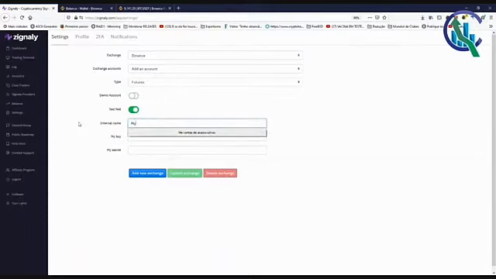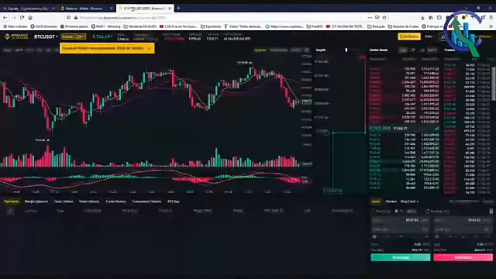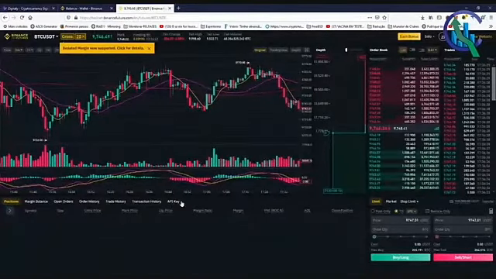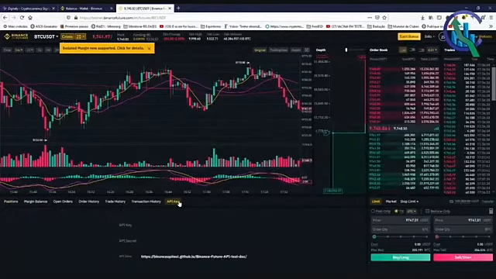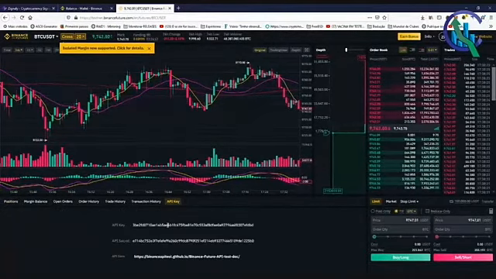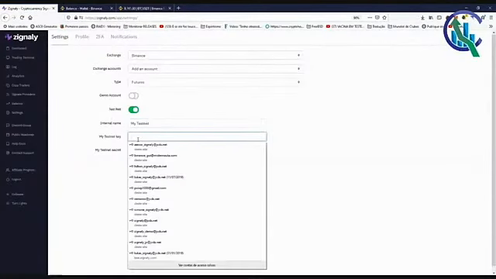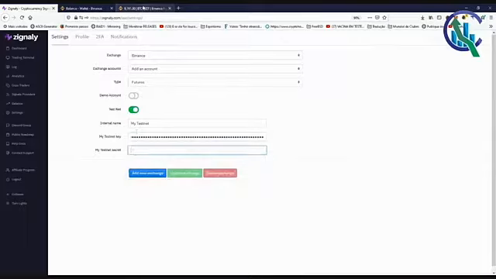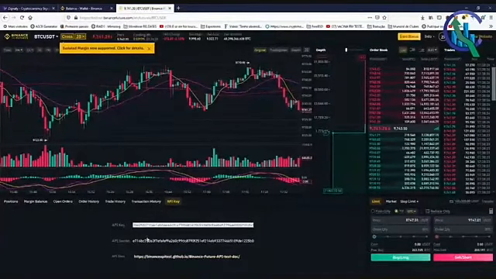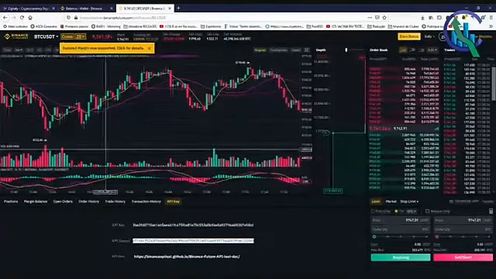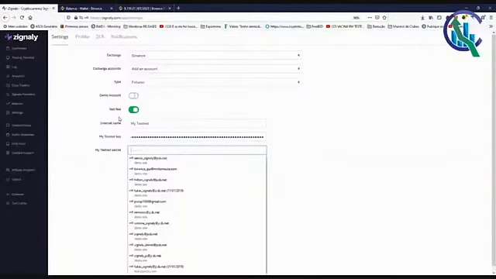I will name it my testnet. And here on my Binance testnet, I will get my API keys right here. So I get my API key from here and paste it here. And I get my API secret here and paste it here.